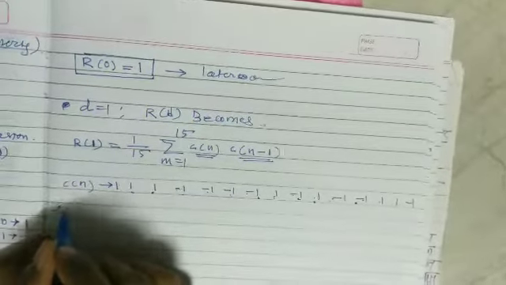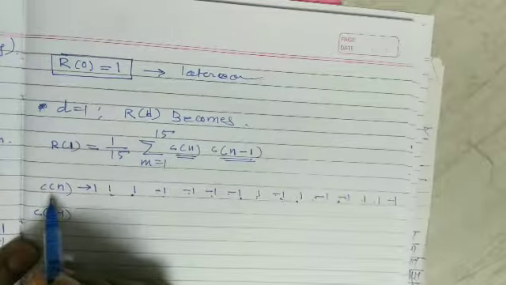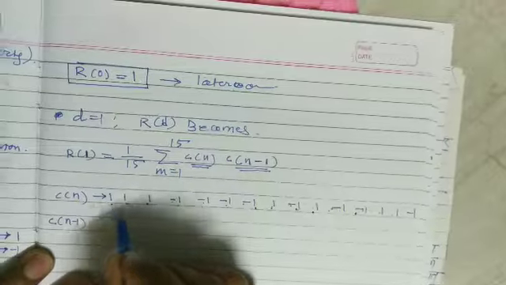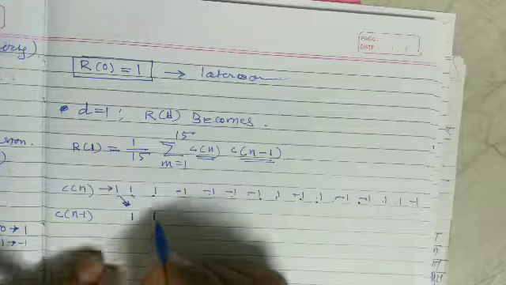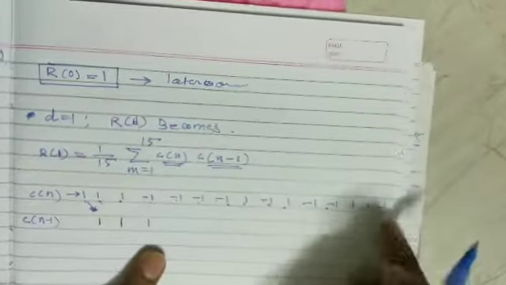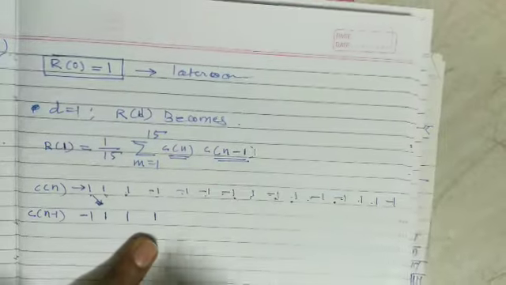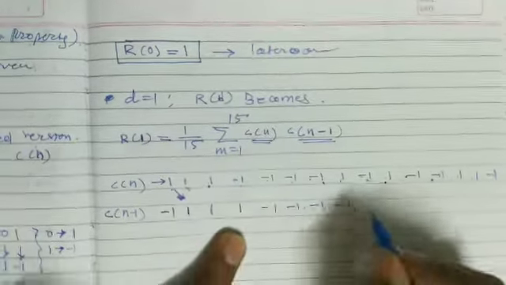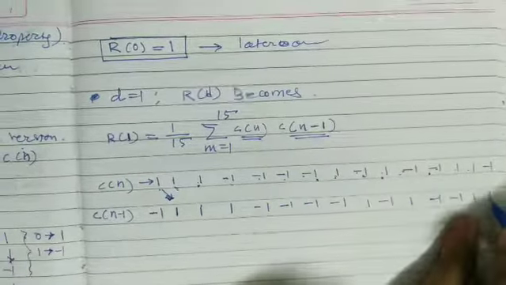The value of Cn minus 1 will be the 1 bit shifted version of the Cn towards right. Therefore, this 1 will be written beneath this 1. It means that this 1 will be shifted over here. Similarly, this 1 will be shifted over here, and this last minus 1 will be shifted over here. So we shift this data by 1 bit towards right, and therefore we get minus 1, minus 1, minus 1, minus 1, thereafter 1, minus 1, 1, then minus 1, minus 1, then 1 and 1 over here.